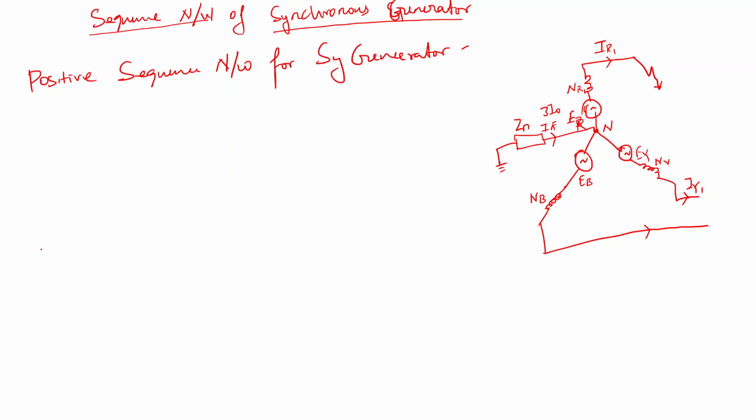For this actual network, if you draw the positive sequence, then wherever you are writing, say for example IR1 will come here, IR1, this is IR2, that is IY1, and here it is IB1. So these are all the positive sequence representations. Because I put 1, these current values are positive sequence. Just a minute, students.